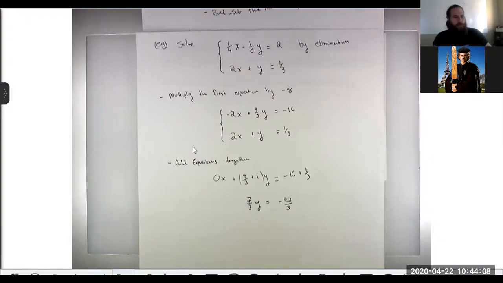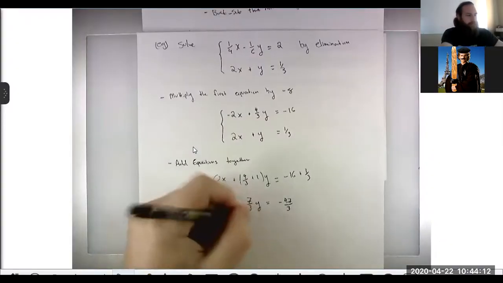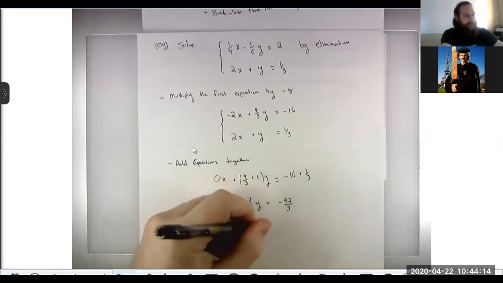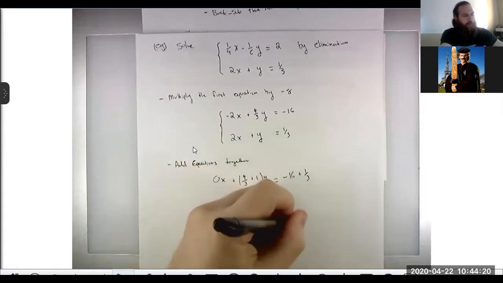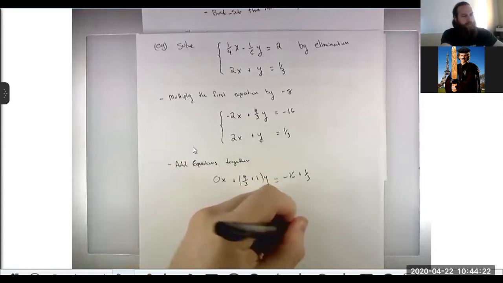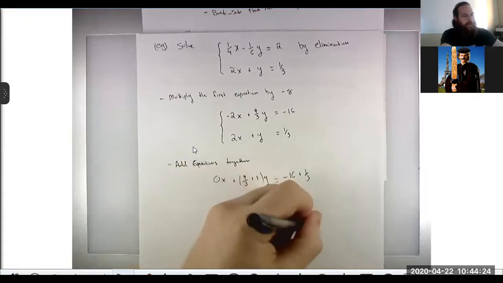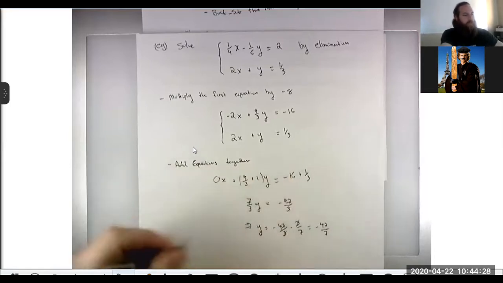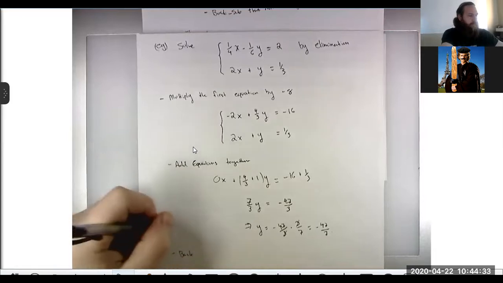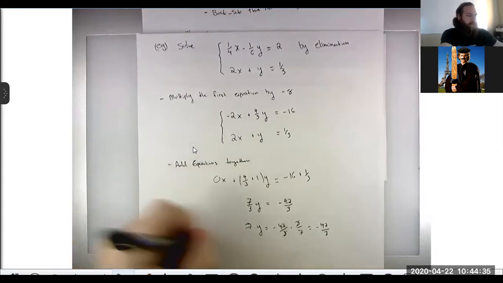So we're almost done. We're going to divide both sides by 7/3, which means multiplying by 3/7. The 3's will cancel, and we get -47 sevenths. And then finally we back sub to find